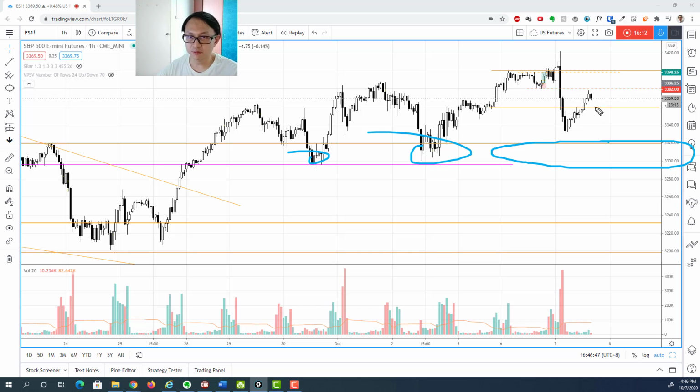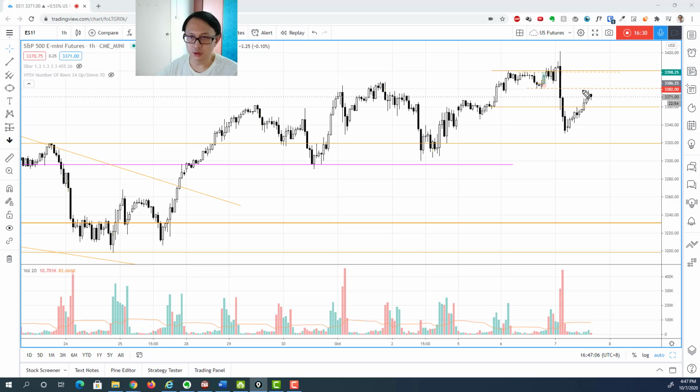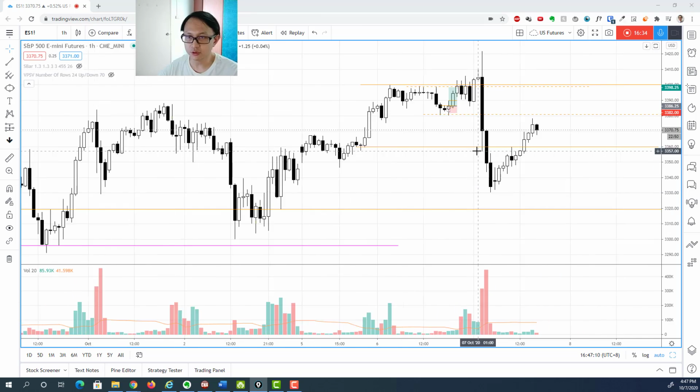So if the price continue to move down to have another test or further weakness down, so this is the first level that you need to hold. And hopefully if you can hold, then maybe this could become a nice long entry if it just reverse from there. Otherwise, if it just continue to go up, I believe that we are right at the resistance level at